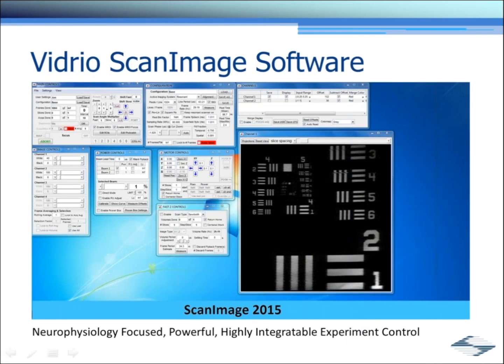However, for most of our neuroscientists, there's a program called ScanImage. If you do 2-photon imaging and you're a neuroscientist, you're probably already familiar with ScanImage. ScanImage is a neurophysiology-focused, very powerful software. Its biggest benefit, well, there's two great benefits for neuroscience here. It's highly integratable with other equipment. So a lot of these electrical recording experiments can be networked to this software, so that you can control your other equipment in tandem with the actual imaging platform as well.